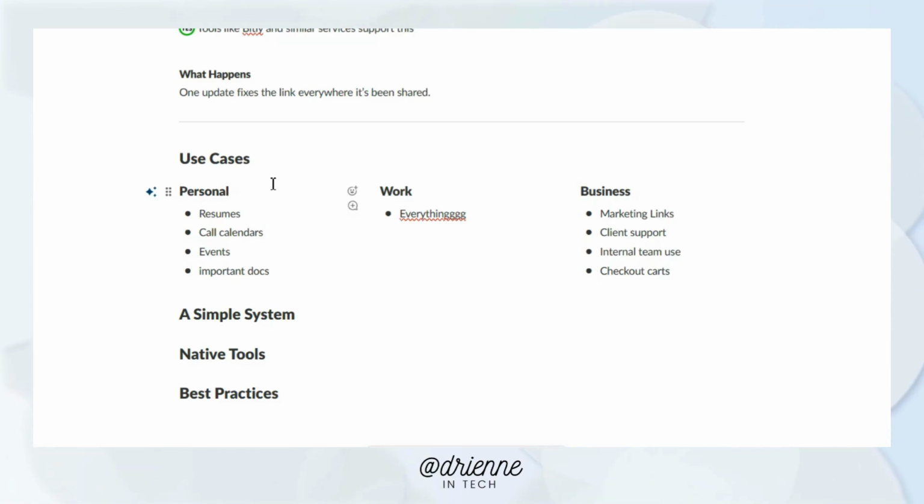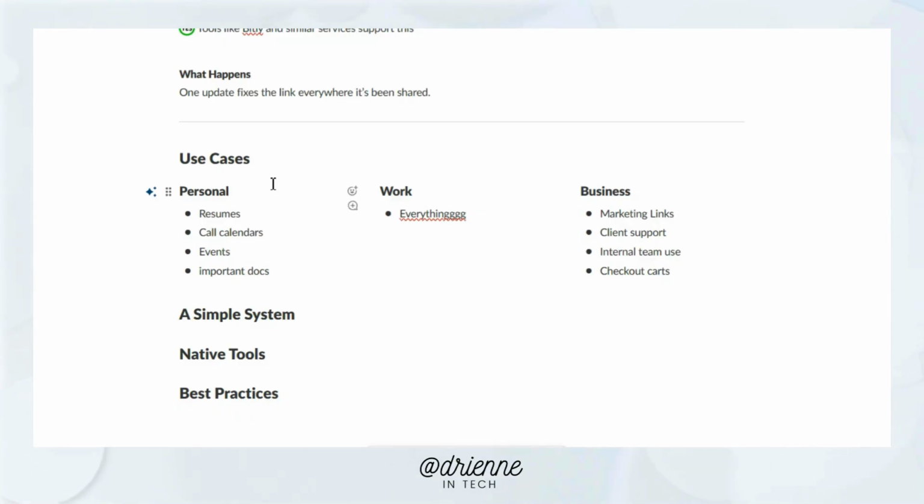So let's say, for example, your parents have documentation about their trust, their wills, or whatever it is, right? Let's say you have all of that and you need to find it, but they change things every 10 years and you're not exactly sure where it is. All you have to do is create a short link for this. Creating a short link means that as long as you change the back half of it, you can make sure it's updated all the time.